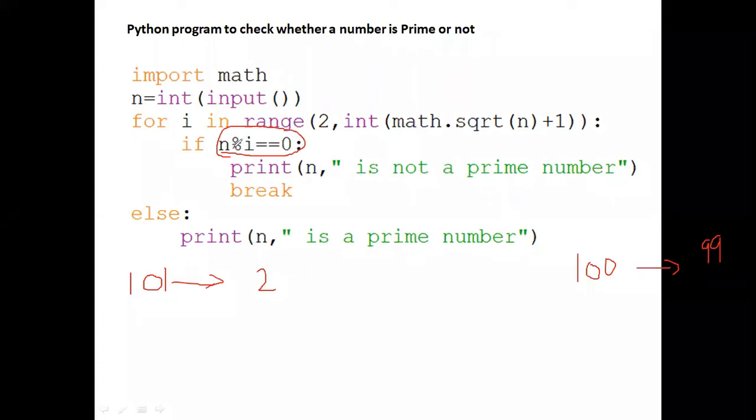In the next iteration, 101 percentage 3, in the next iteration 101 percentage 4, and so on. You can check 101 percentage 100. Now, 99 times you are going to perform this percentage remainder modulus operation.